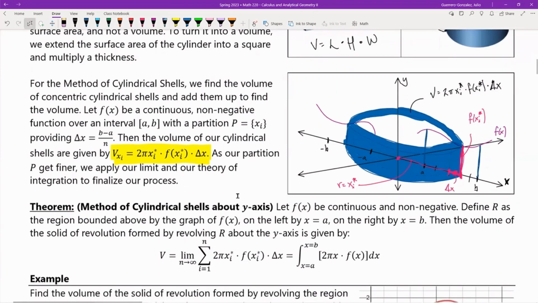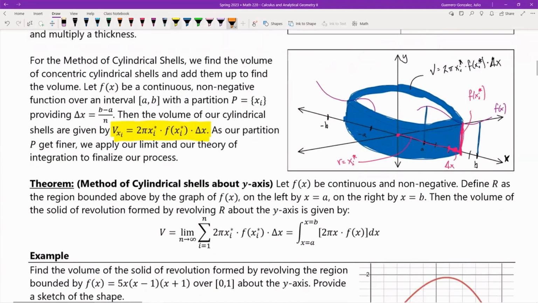Okay, so if you guys take notice right here, that's still the expression for one cylinder. I'm adding them all up from i equals 1 to n, so there's going to be n different partitions. And then I take the limit as n goes to infinity. The second we take the limit as n goes to infinity, that turns our thing into an integral. Okay, and notice how the formulation of the integrand is still the same as the formulation for our volume. This little strip right here. So this, all of that ends up being all of this. Okay,